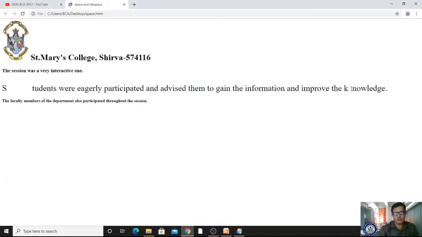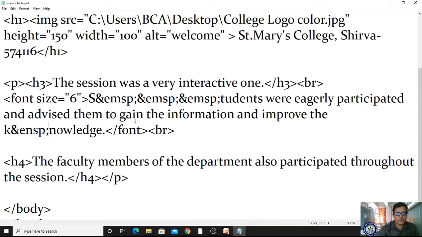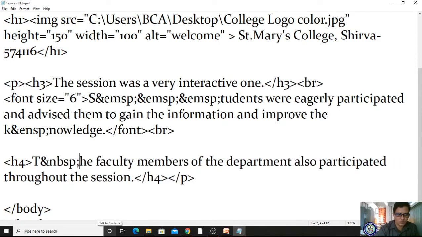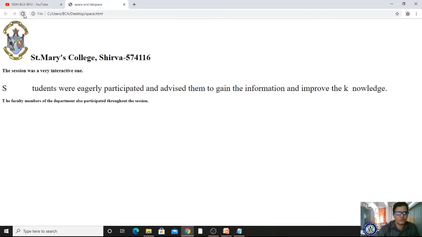You see here the 2 spaces are coming. Got it? If I want to get one single space, then what do I have to do? I have to give ampersand NBSP semicolon. I'm saving, coming and refreshing. Got it? Likewise, we are getting one single space.